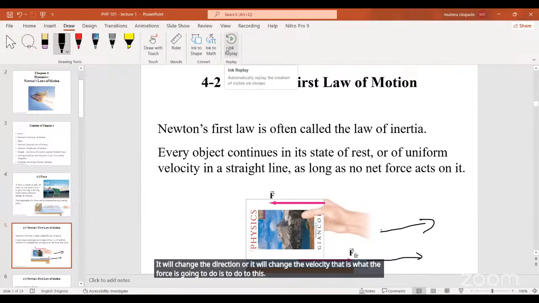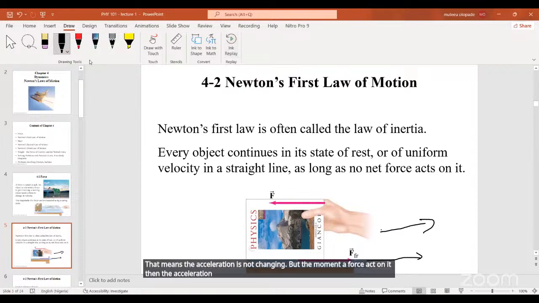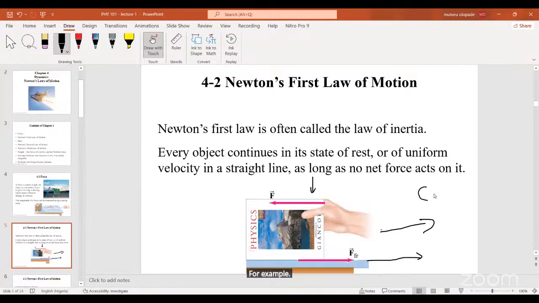So for every object, when it moves with uniform motion, that means the acceleration is not changing. But the moment a force acts on it, then the acceleration changes. For example, if I have a ball